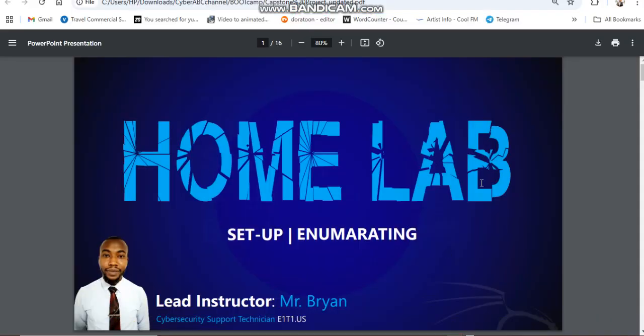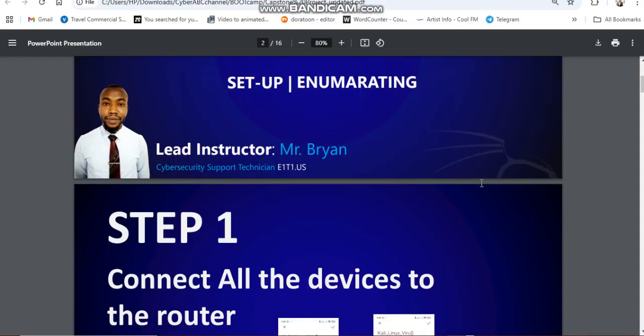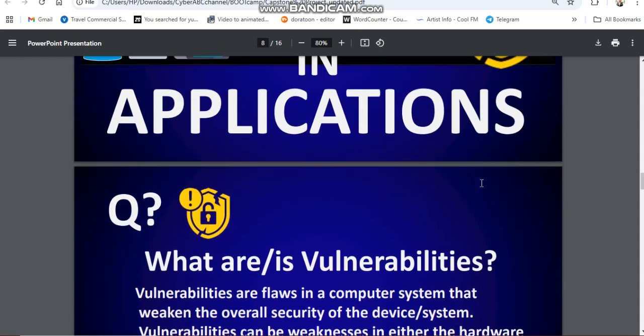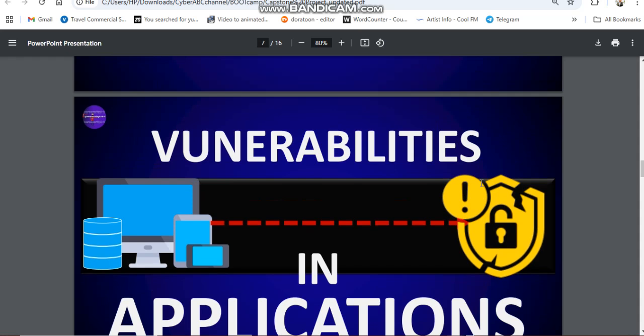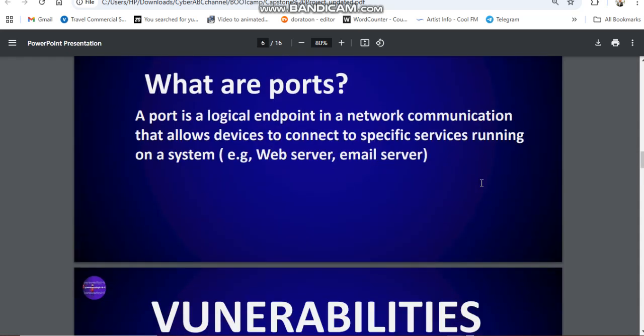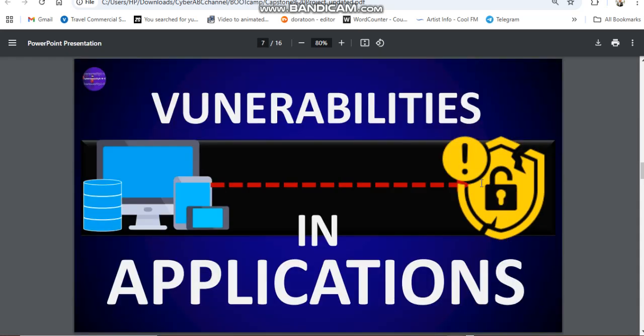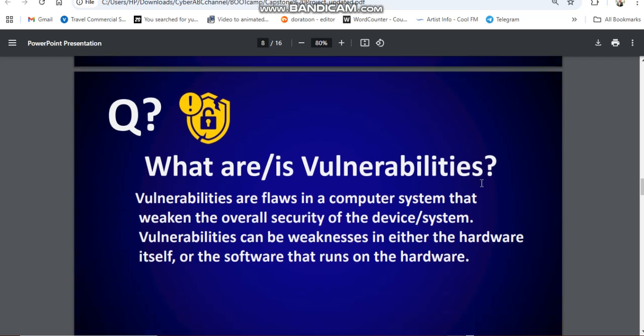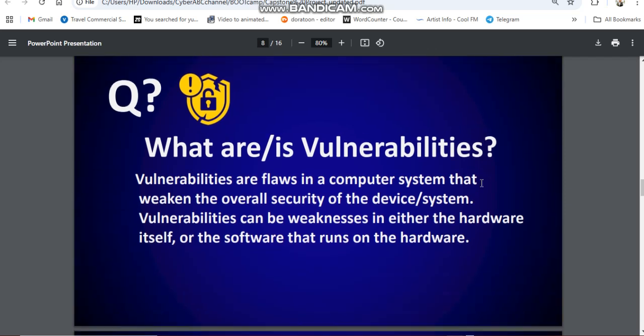So what we're doing on penetration testing is under vulnerability. After the port, it is vulnerability in applications, and the vulnerability we are going to be exploiting this time is web vulnerability.